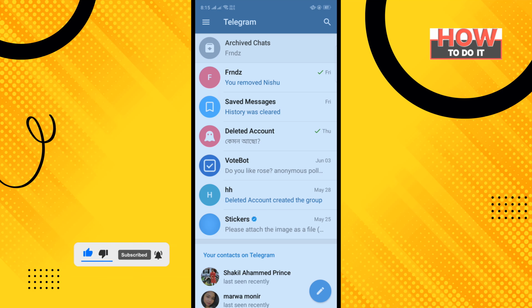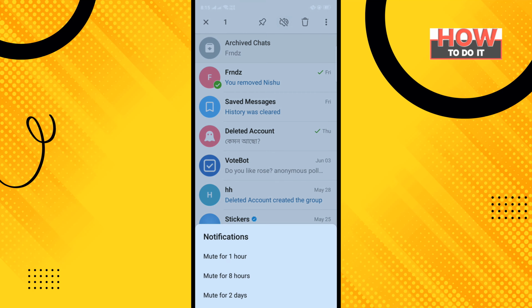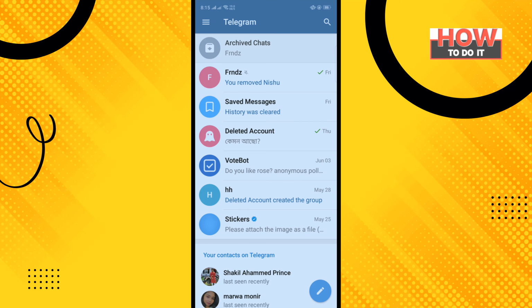In this video I'll show you two methods to mute notifications for a specific Telegram chat. Open your Telegram app, long press the chat which you want to mute, tap on this mute icon, and select the time or duration you want to mute. That was the first way we can mute a chat, and the second way is to open the chat and tap